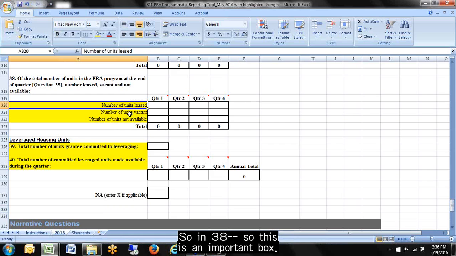So in 38, this is an important box. How many of the units that you have are leased, how many are vacant, and how many are not available? And that not available category is why the definitions were changed. This is really tied into some of the other forms that you have to complete, voucher-related forms for the track